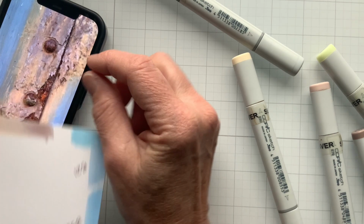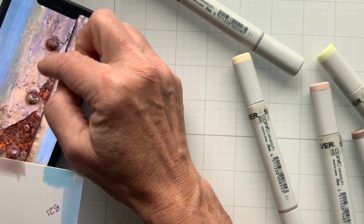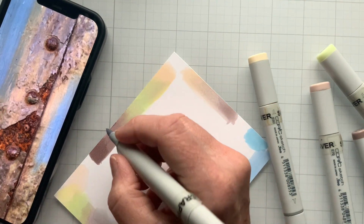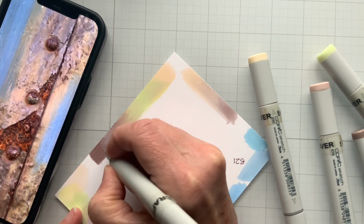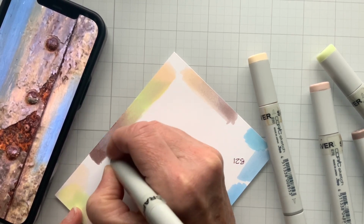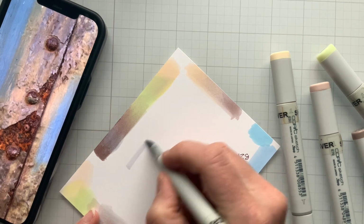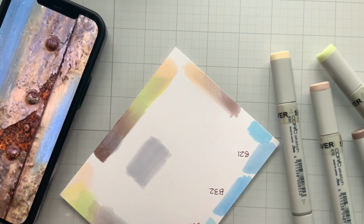And then I felt like there were some areas that were cool, and I don't think it's necessarily the blue in here that's playing around. What I found is if I brought in a C1, one of those cool grays, and I just want to show you what happens when I put it right in between my E70 and my E71. And I could underpaint this too, I think. I should try that too while we're at it. If I underpaint the C1,